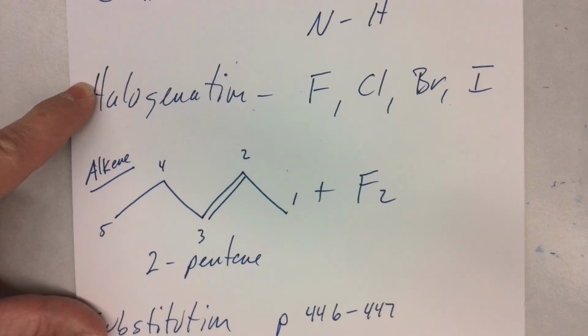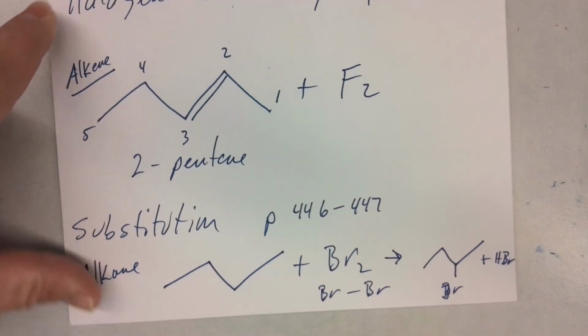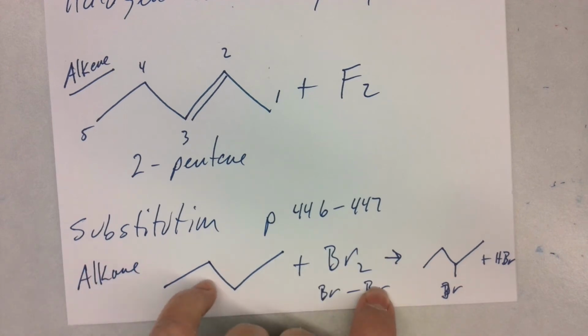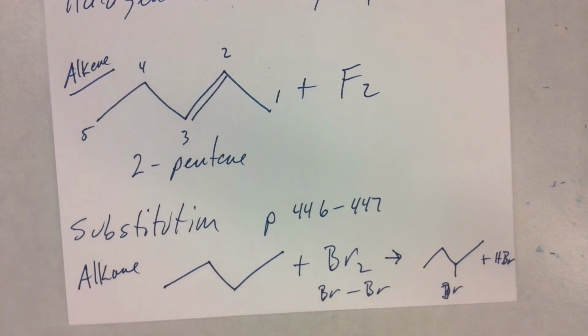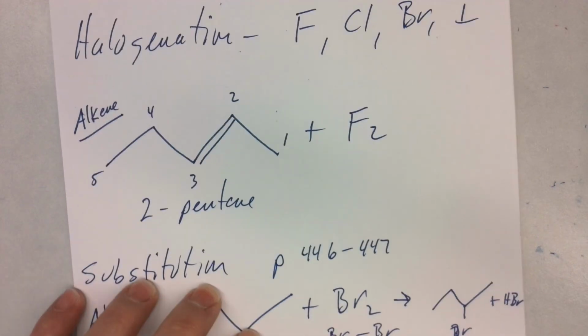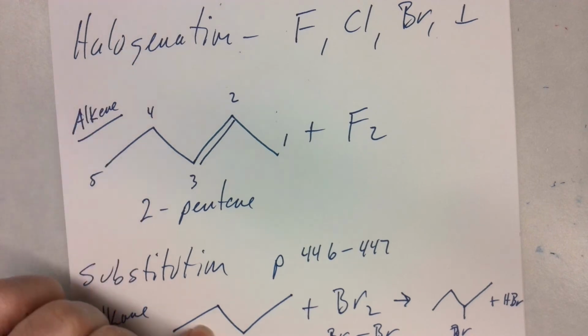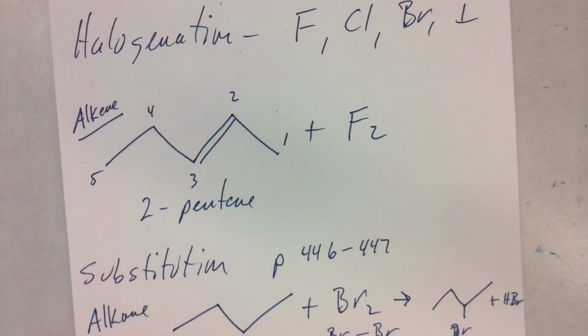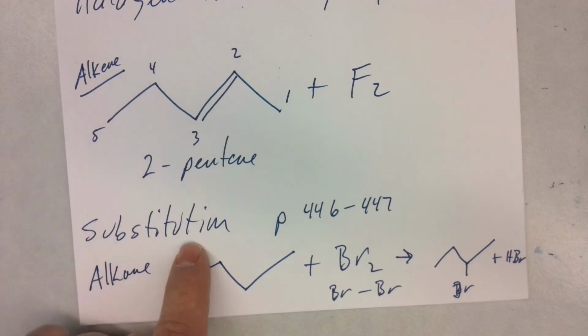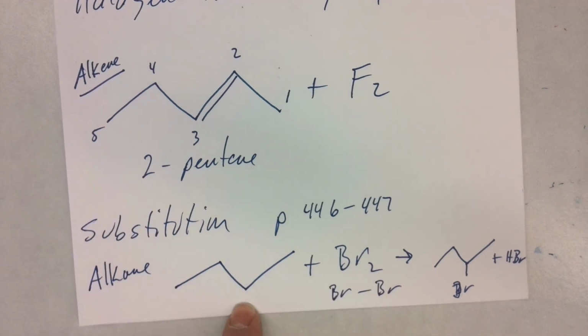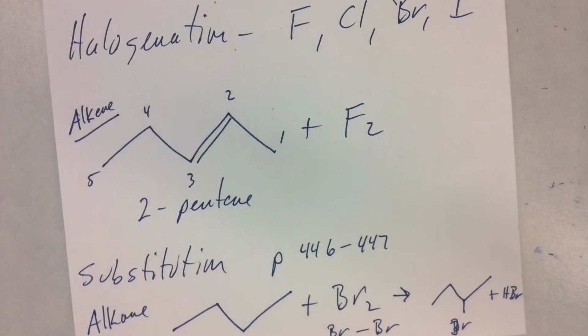Okay. For what we're going to do, they are typically going to do substitution, and they're going to call it halogenation simply because they're using a what? A halogen. Exactly, they're using a halogen, right? But understand that it behaves differently whether it's an alkene versus an alkane. If it's an alkane, then they just use substitution where they put one on the molecule, and the other one goes and bonds to that H that's being substituted. Okay, here with an alkene, it's a little different animal. Okay? Alrighty, now,